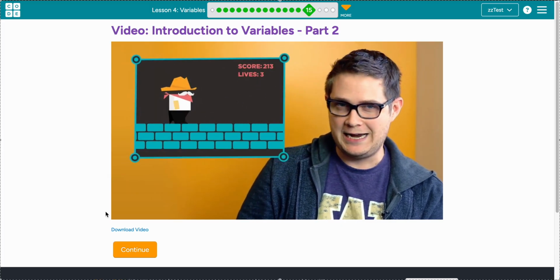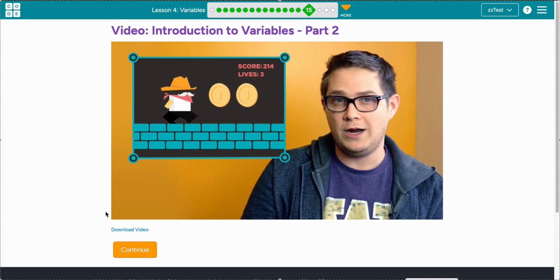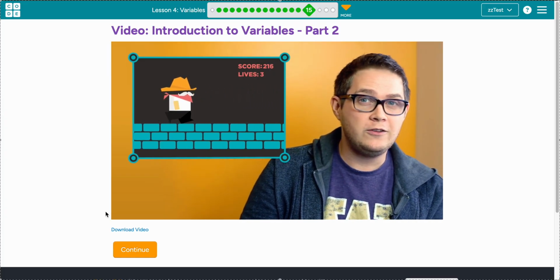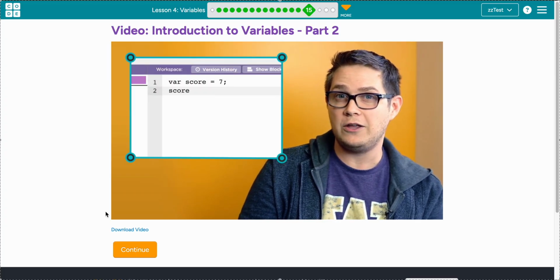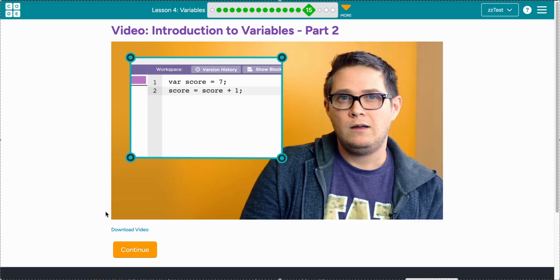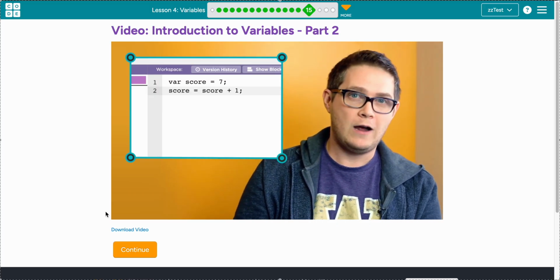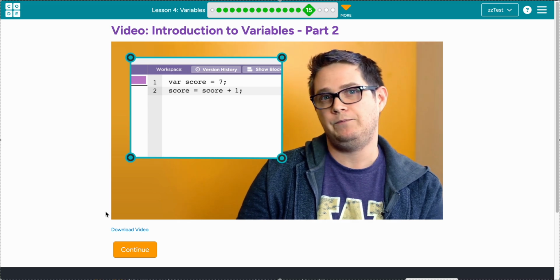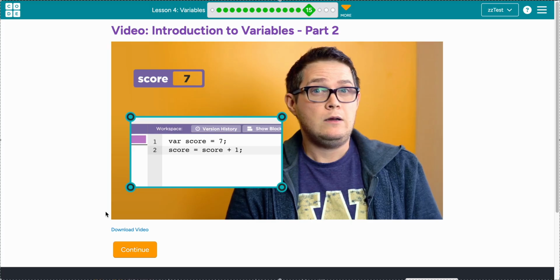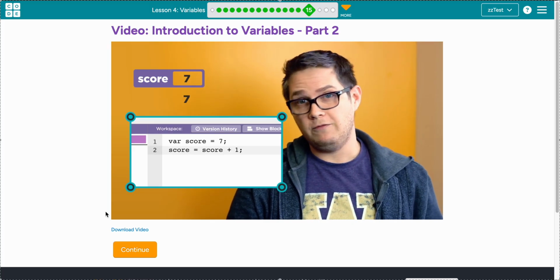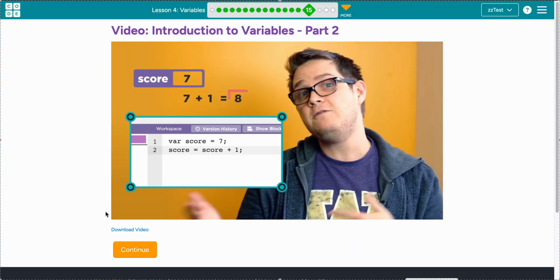What if we want to create a game where we increase the user's current score by 1 point every time a coin is acquired? We could do this by updating the values stored inside the variable score based on its current value, like this. This line of code can be read as score gets the current value of score plus 1. So if the current score is 7 and the user acquires a coin, the computer must retrieve the current value of the score, which is 7, add 1 to it, making 8,